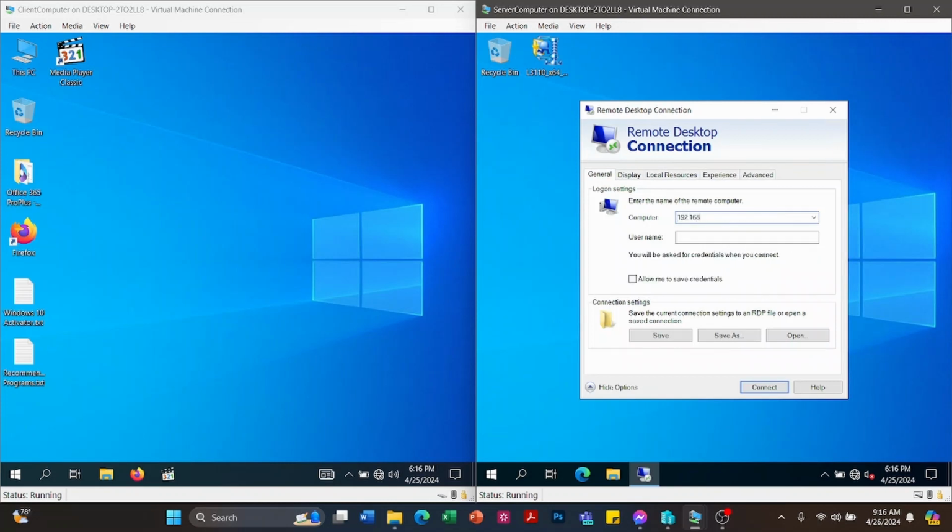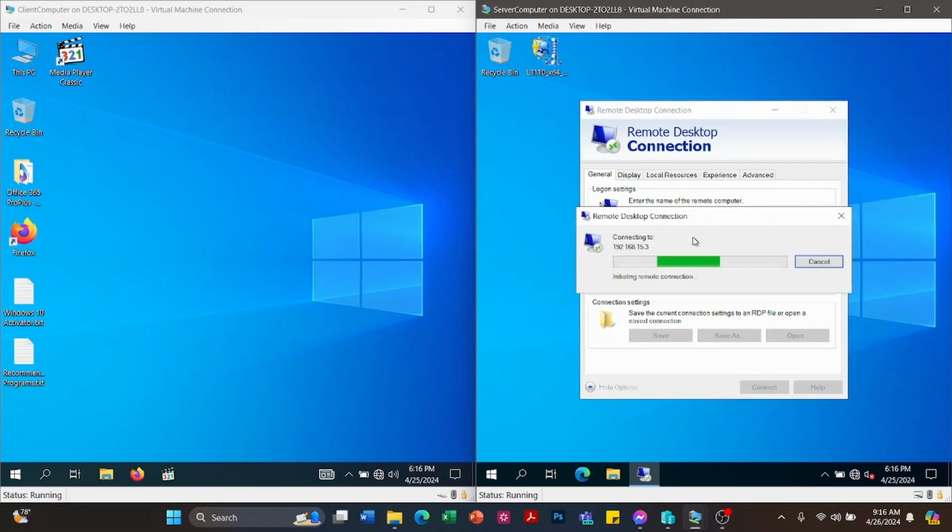So enter the IP address 192.168.15.3, then admin user. Okay, we can now successfully connect to the admin user.